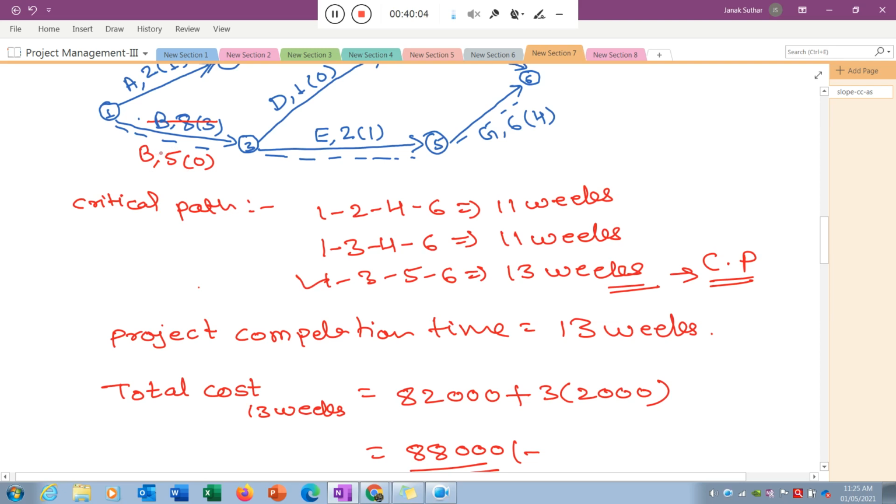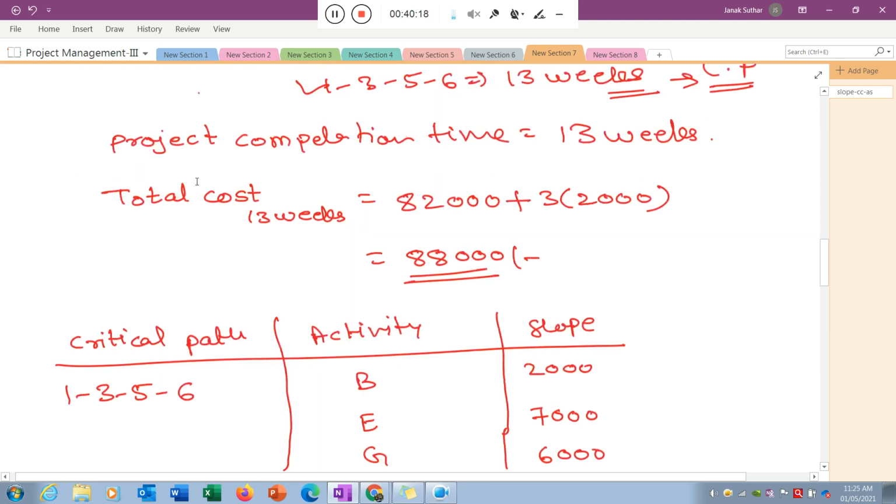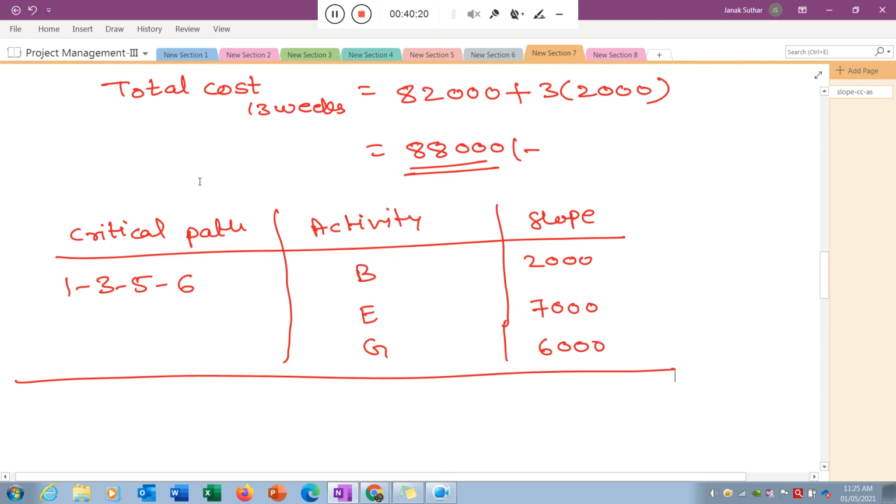Okay, so instead you apply the more cost, you cannot reduce below the 5. Okay, so the feasibility of the reduction is already utilized in activity B. So now I cannot select activity B for the reduction. There is no chance to select activity B.